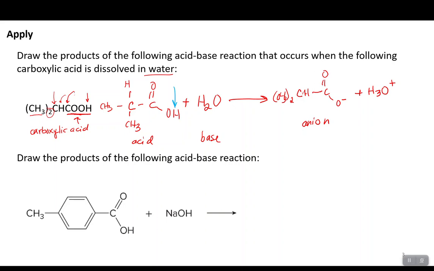Okay, let's do the next example. We're going to draw the products of the acid-base reaction. First thing I'm going to do is identify my functional group. I see I have a carboxylic acid, so immediately I know that this H can be donated as a proton. It's an acidic hydrogen. Then I see that I have a hydroxide base. So this means that this acidic proton on my carboxylic acid will be donated to that OH to form water. So I'm just going to go ahead and write that here. And since my carboxylic acid has donated that hydrogen as a proton,